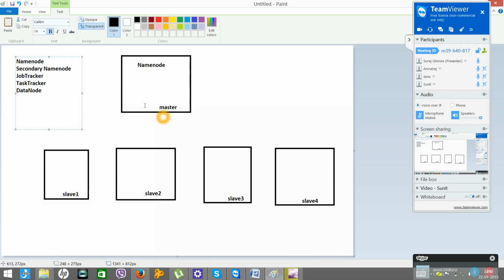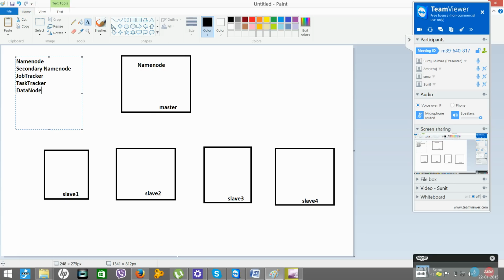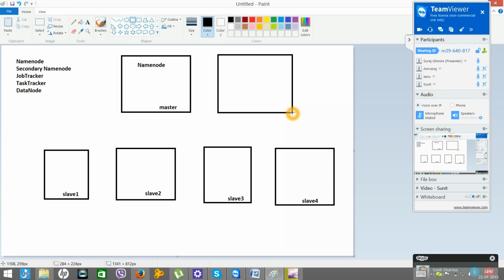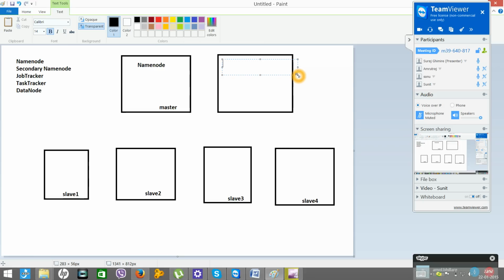So in the master you will see name node. Additionally you may have one more system, and this system will act as a secondary name node. This one has a very small contribution in the whole process, but still it is important.